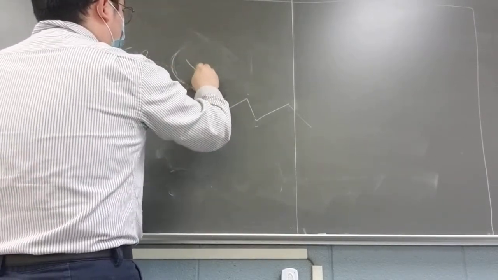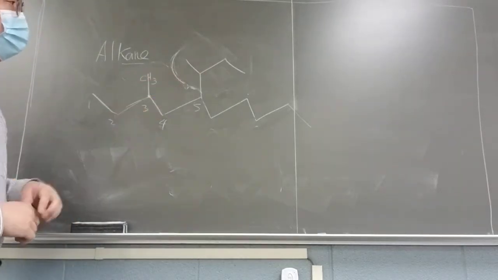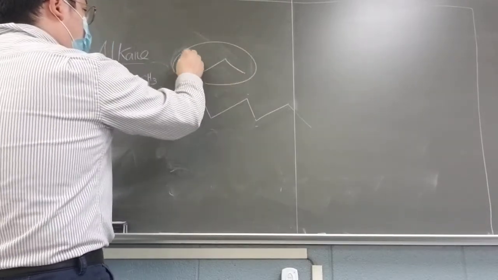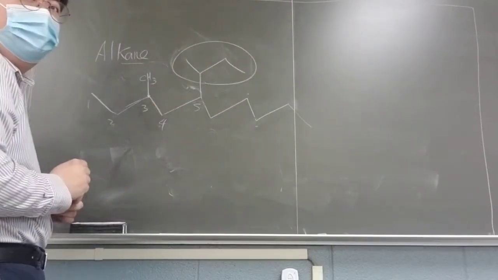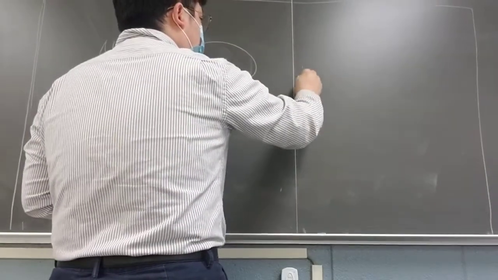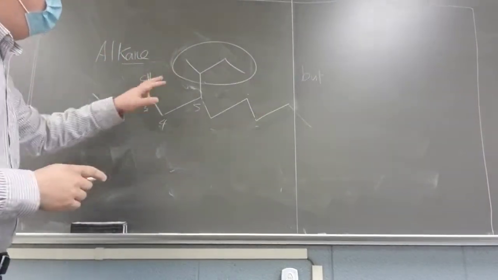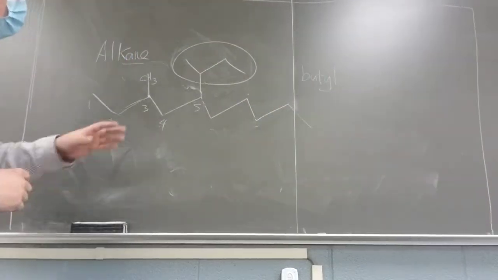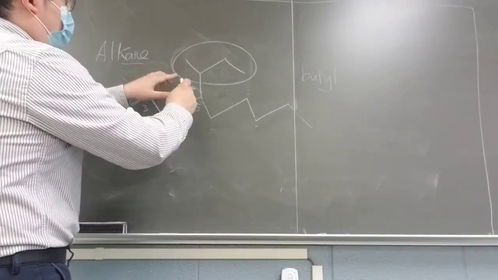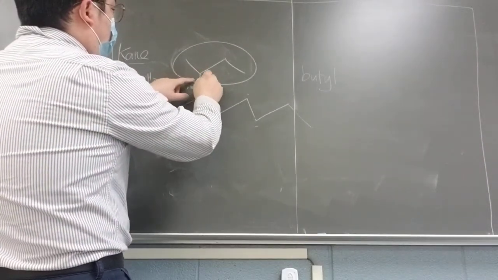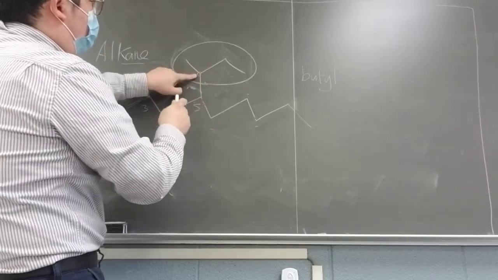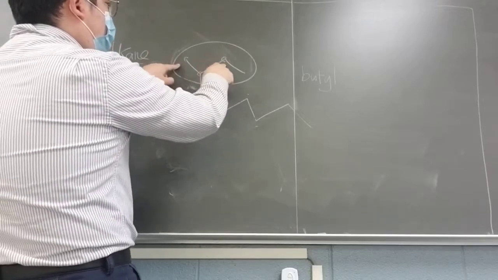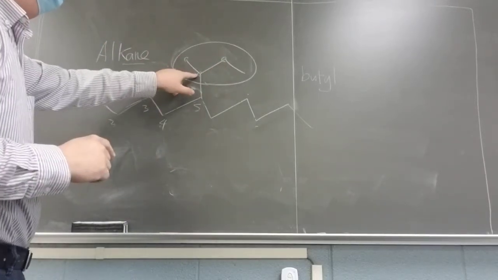Let's start with this one first. If you have this one over here, that means you have in total 1, 2, 3, 4. So it's a but. But this is our key group later, so I'm going to make it butyl. The thing is this is the carbon we can start with, and it has neighboring 2 carbons over here. So this is what we call